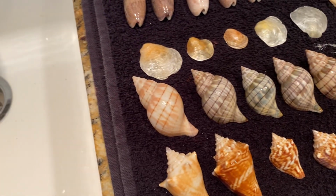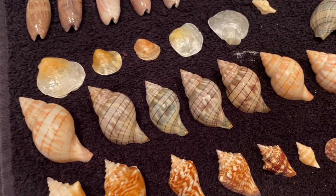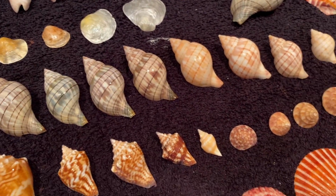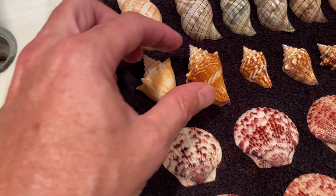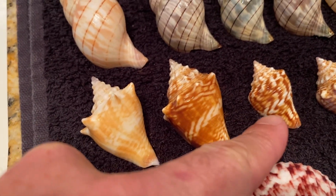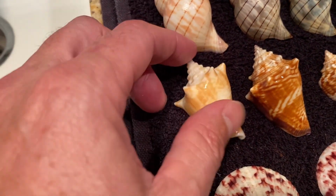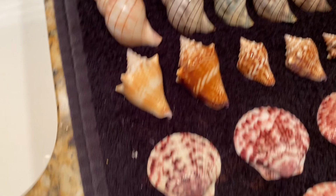And man, the banded tulips, I love banded tulips. I know they're kind of common, but I just think they're a gorgeous shell. And we got a really nice assortment of those. And man, these juvenile fighting conchs can be so beautiful sometimes, and they have little ridges and different patterns than some of the grown-up ones. So those can be kind of like their own unique shell, even though they're this, you know, just a fighting